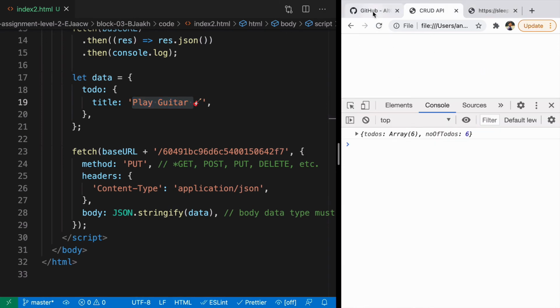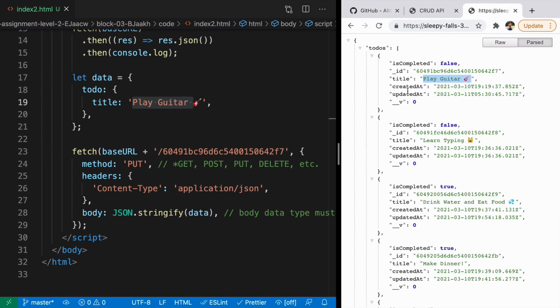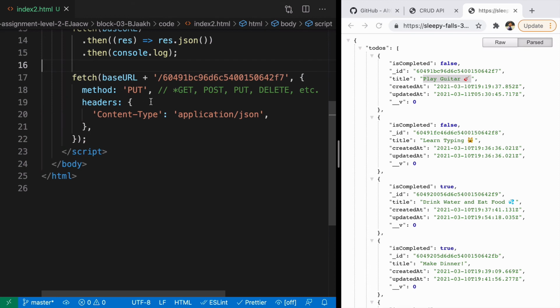Similarly, after making a put request, we can also do a delete request. And a delete request is similar to put, in that you specifically delete one item, or you update one specific item. So here we can just say API/to-do/ID. So I want to delete this specific ID. For that, we don't have to send any information, so we'll delete this data. And here all we are saying is go to the base URL of this specific ID and I want to delete this.